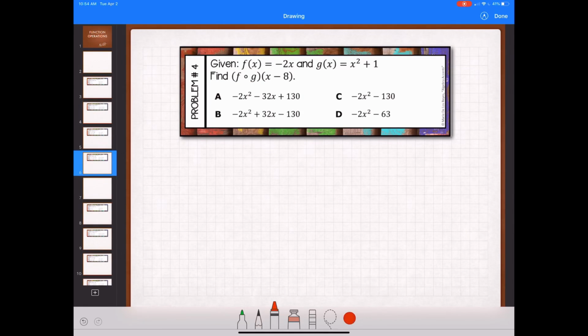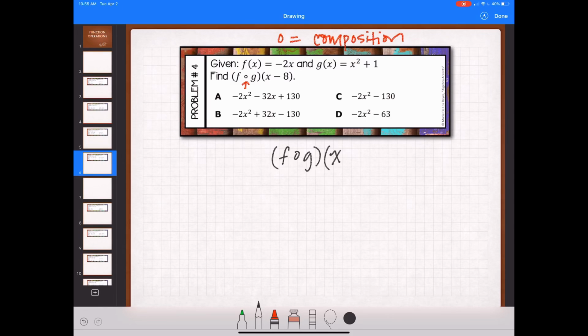Okay, problem number 4. Take a look at this. You have this little circle here. That little circle is saying you need to compose the two. This is called a composition. It's a type of operation. So with a composition, what it's asking you, it's saying the composition of f and g,